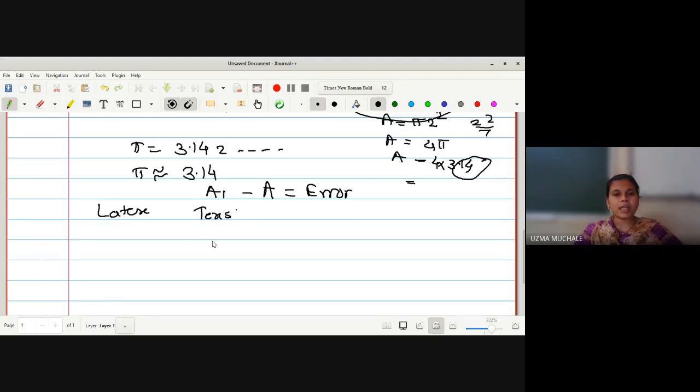What do you mean by an error in our computer languages? Simply, some mistake in the syntax. Okay, what do you mean by syntax? Suppose you have studied C or C++, we have this type of language: hash include iostream dot h, and if you are going to use math functions, then hash include math dot h. These are the things we use in C or C++.